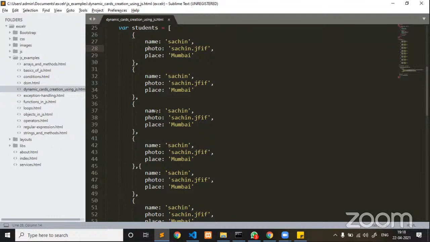But as I already said, if you wanted to implement Ajax calls, make sure that your client, middleware and database, all three systems, must be placed inside an application server. Again, I'm repeating, if you wanted to implement Ajax calls, make sure that your client, middleware and database, all these three systems, must be placed inside either a local server or an application server.